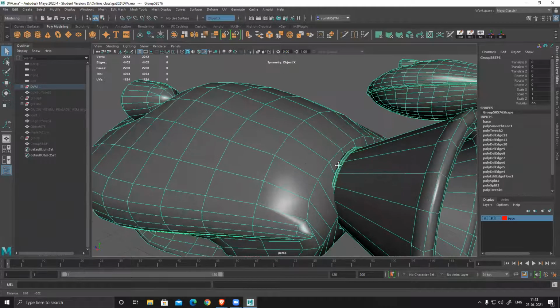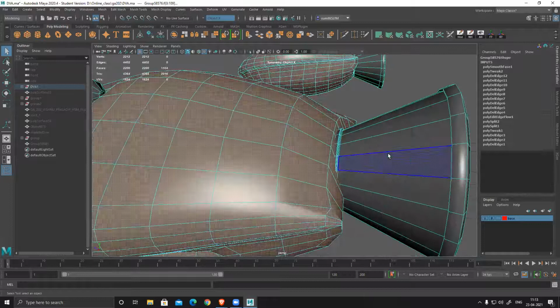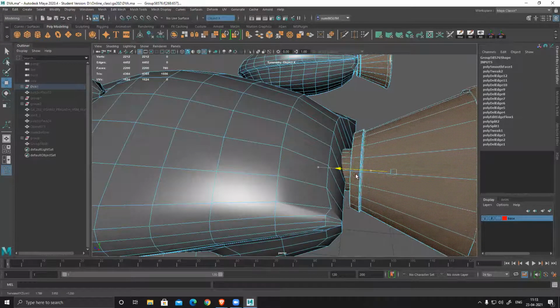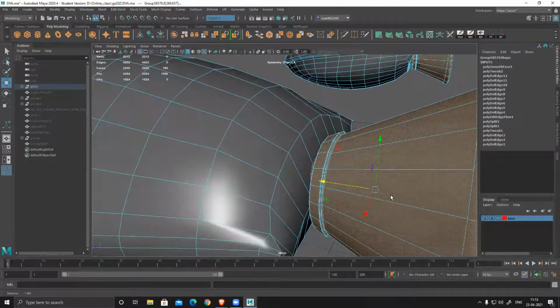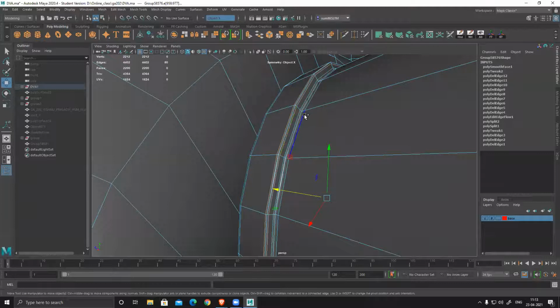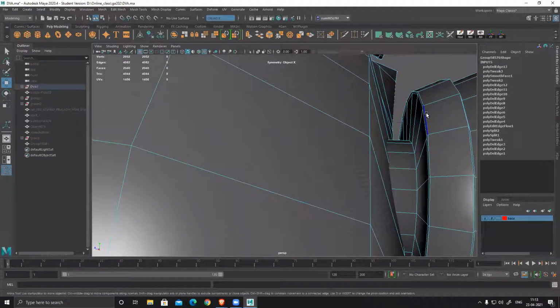Oh, here also I have some issue. Distance. Yeah, this thing should be somewhere here. Delete.